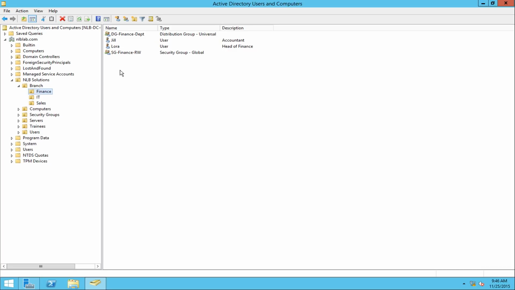So what I'm going to do here is I'm going to delete the branch organizational unit by mistake, of course, and I'm going to restore that branch unit, and I'm going to restore the system state, which will make a non-authoritative restore. And what does that mean is the Active Directory keeps track of all of its objects and attributes,